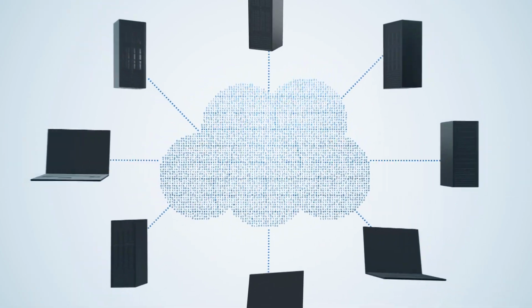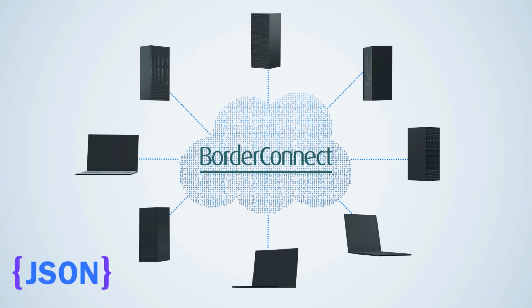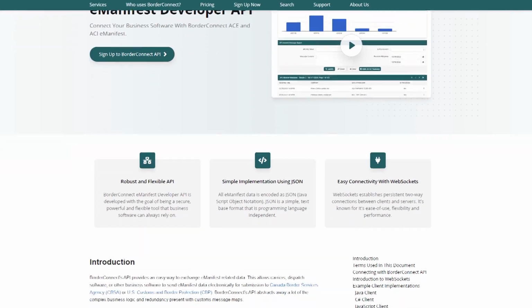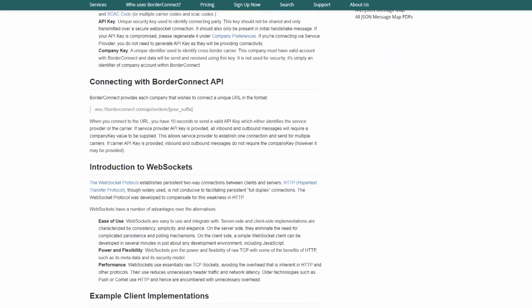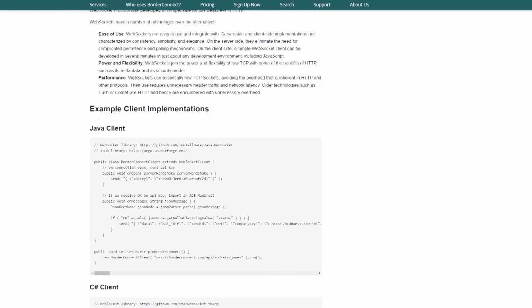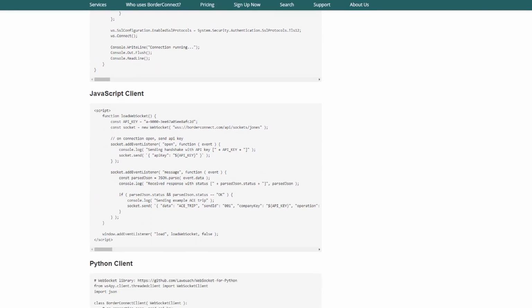As a BorderConnect eManifest service provider, you also have the option to connect to our eManifest Developer API for easy exchange of eManifest-related data to connect to your third-party or other business software. All eManifest data is encoded as a JSON, a simple text-based format, and the connection to our API uses WebSockets for its ease of use, flexibility, and performance. To learn more about BorderConnect eManifest API, visit BorderConnect's website and look at our guide on how to use our API. And if you have any questions, don't hesitate to contact BorderConnect's 24/7 sales and support team at